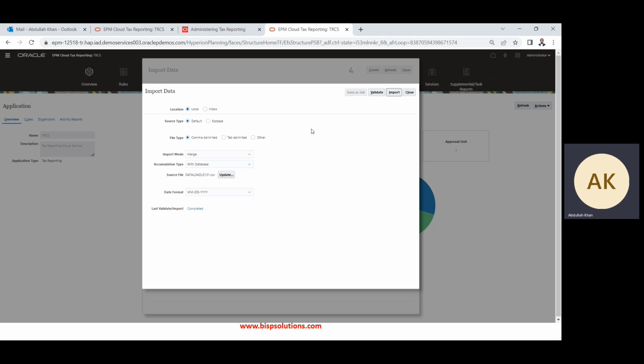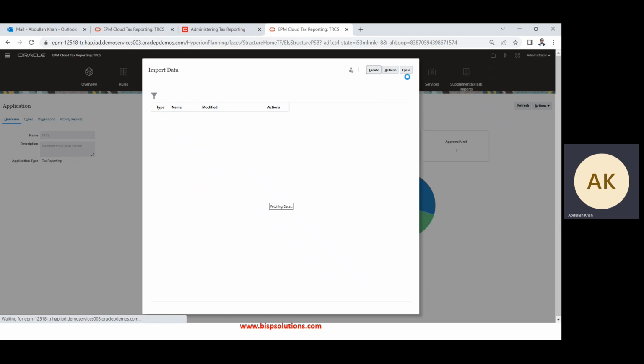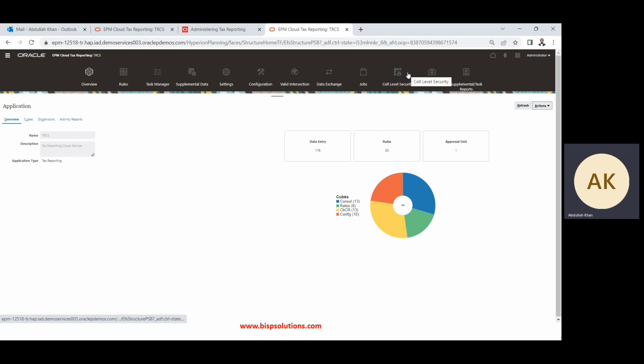Since we have selected the accumulation type as within database, whatever data that is present or that was